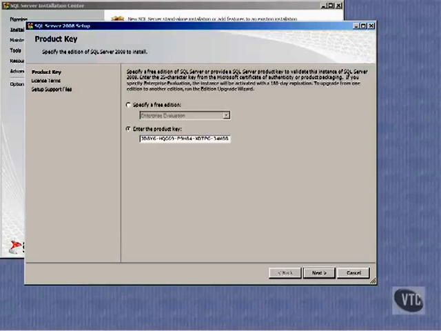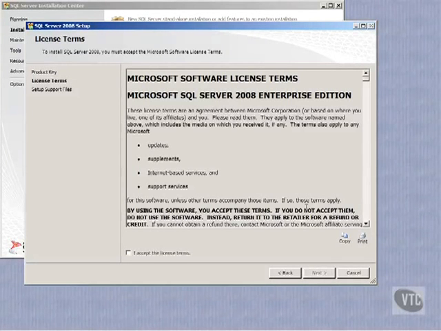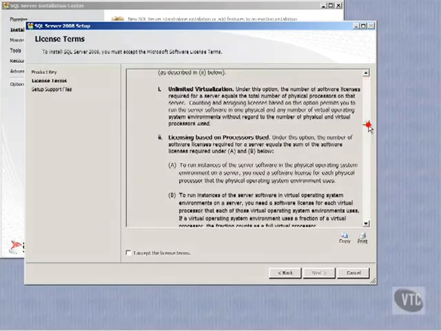Okay, welcome to part 2 of installing SQL Server. Now, this is where we got to at the end of part 1, and notice they're asking me for a product key, but since I am using a trial version, it has entered the product key for me, and so I will just continue on here, and here is the license terms and agreement, and I will scroll down so